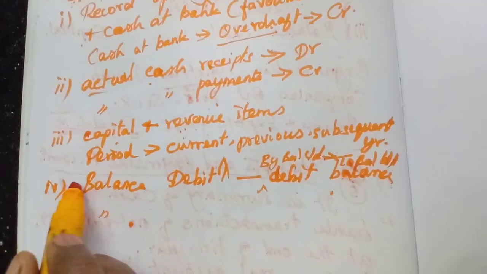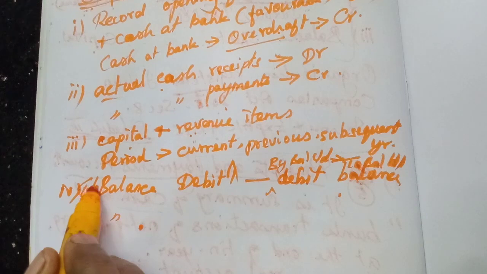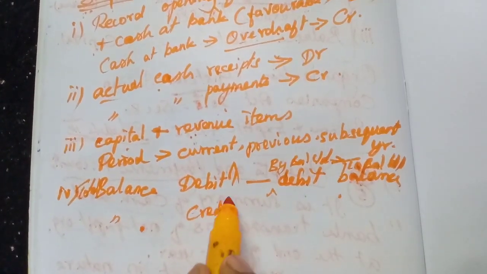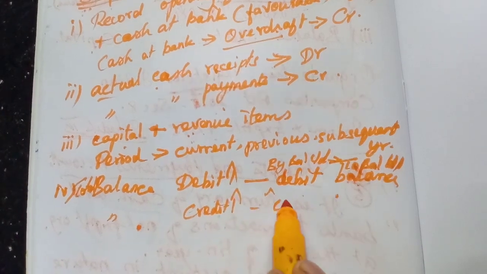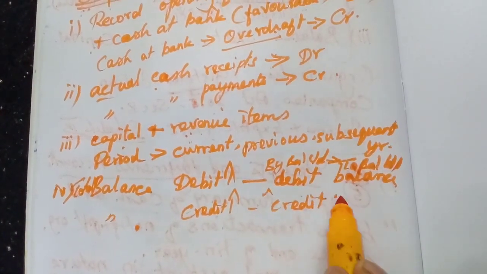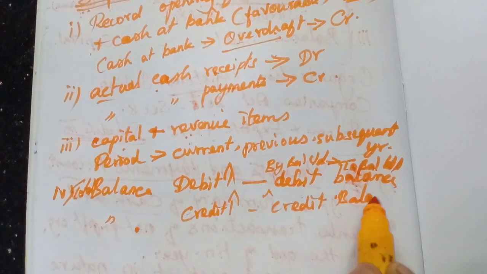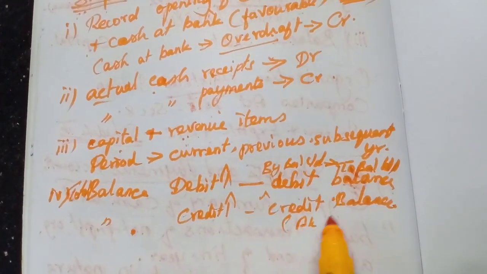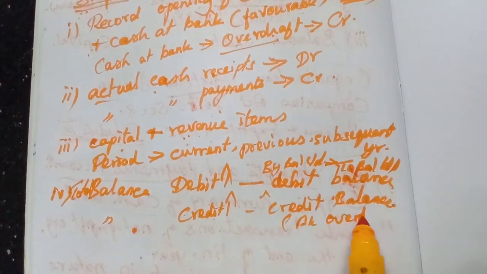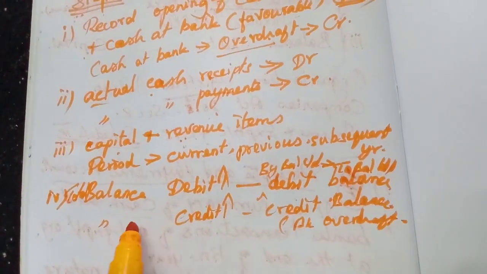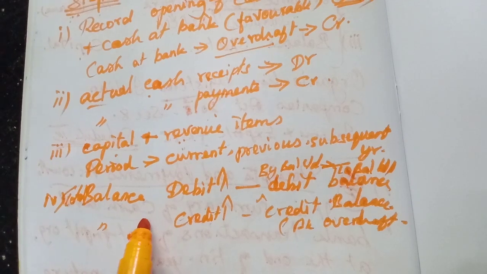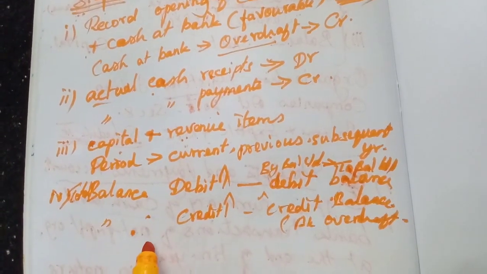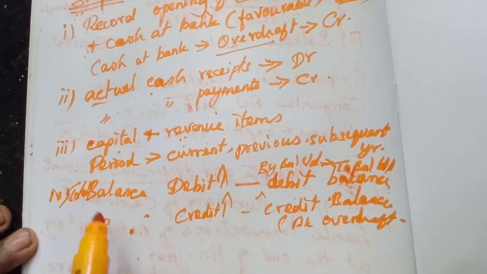If the total is more on the credit side, we will get a credit balance. That may be a bank overdraft. If it is a credit balance, that is called bank overdraft. Understood now? That's all. We have to follow these steps to prepare the